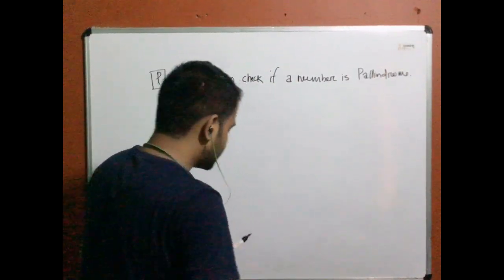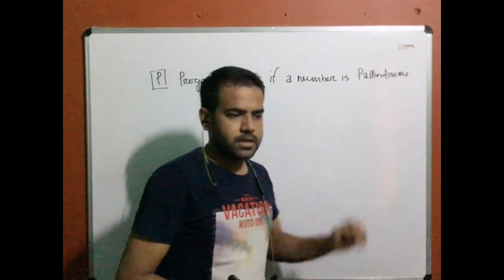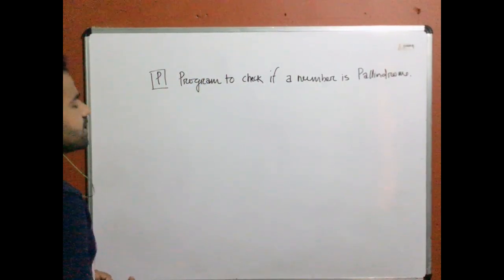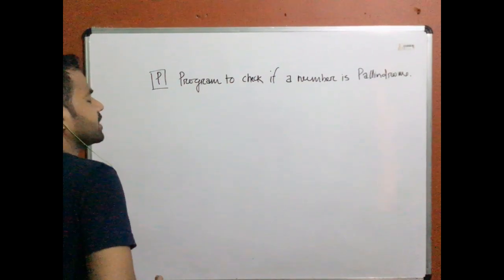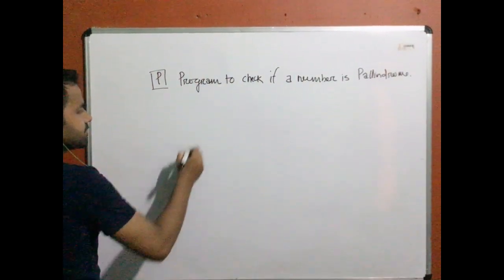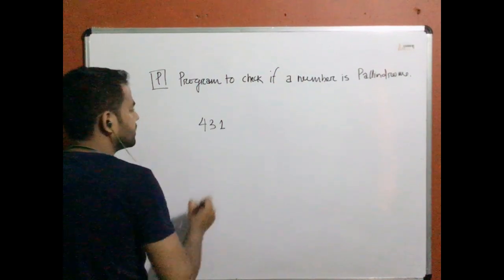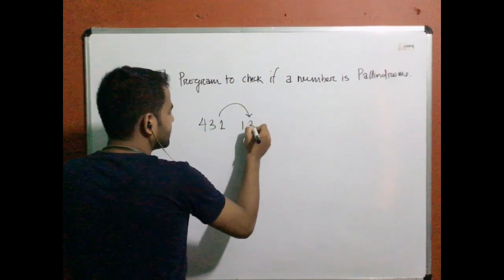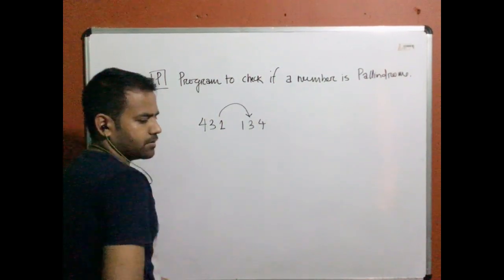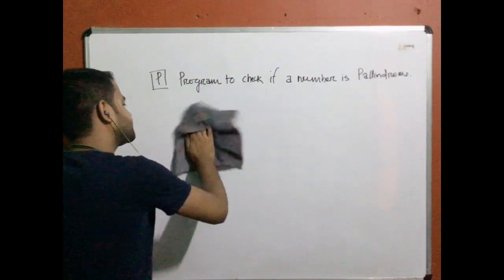So I told you that to check if a number is palindrome, first we need to calculate the reverse. How to calculate reverse, I think I have already discussed in class. Let me repeat the same concept again, so that if anyone has doubt in that topic, it will be clear. To calculate reverse, for example, if you give 431 to the program, then it is going to calculate 134, which is the reverse of this number. This is the number and this is its reverse. Let's see how to calculate reverse of a number first.